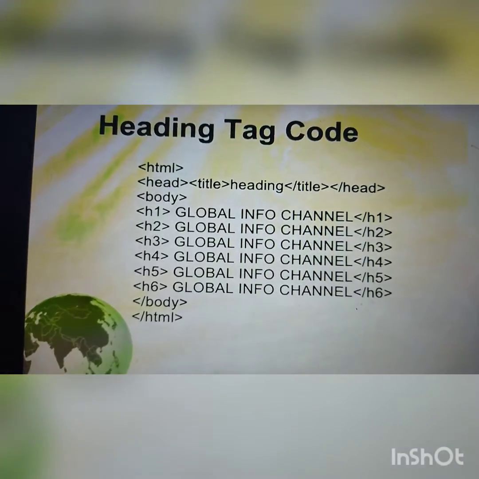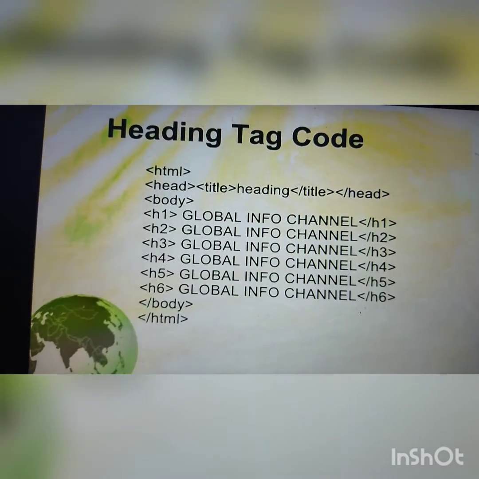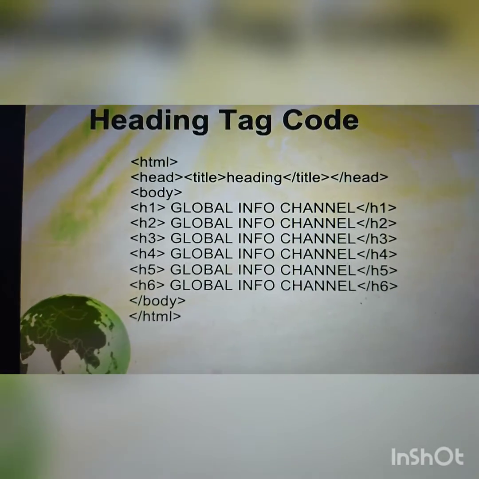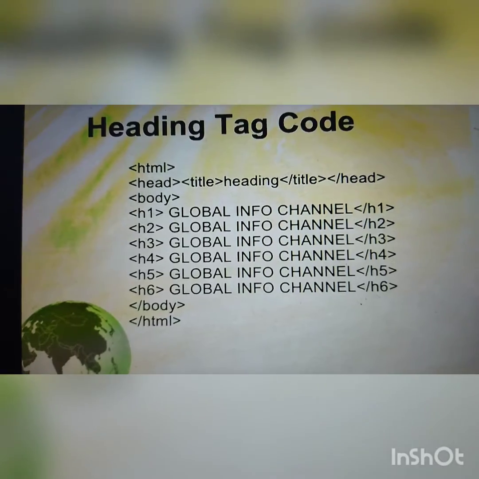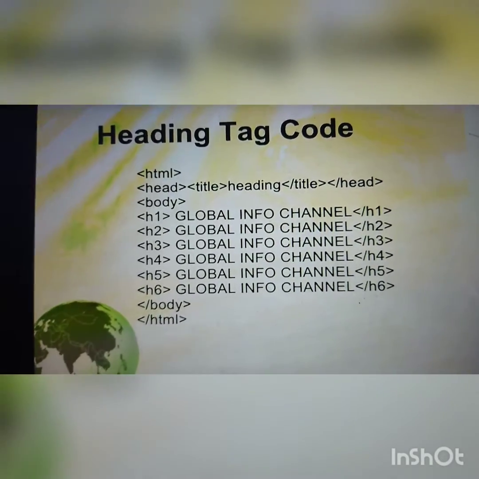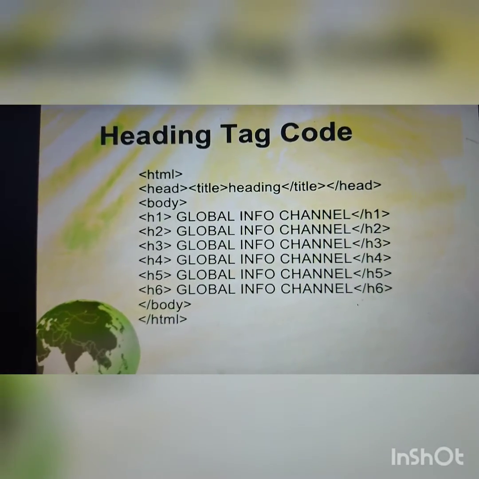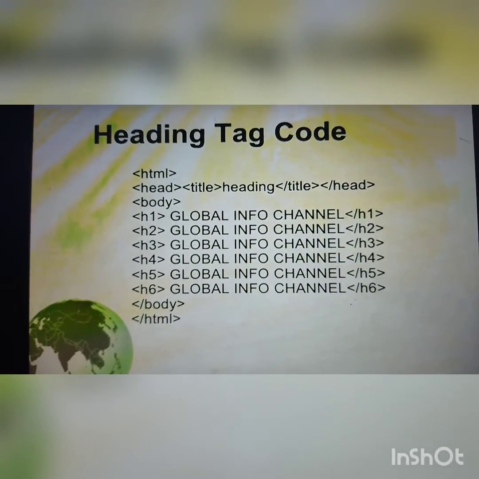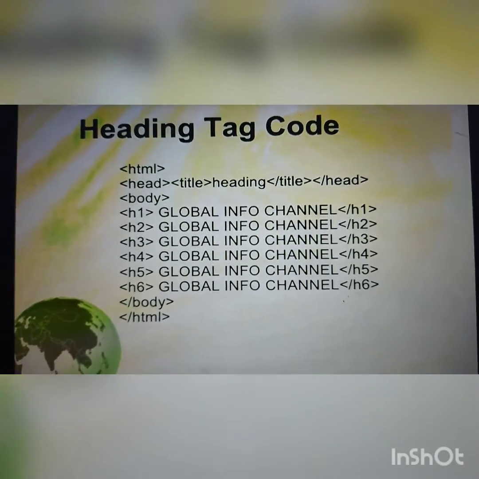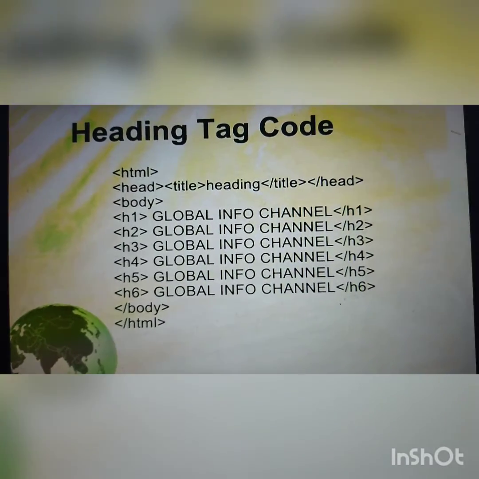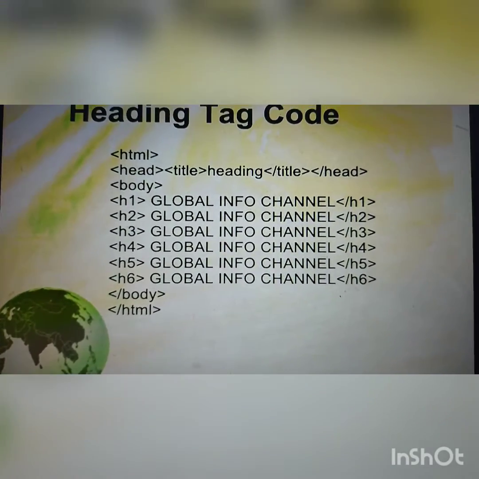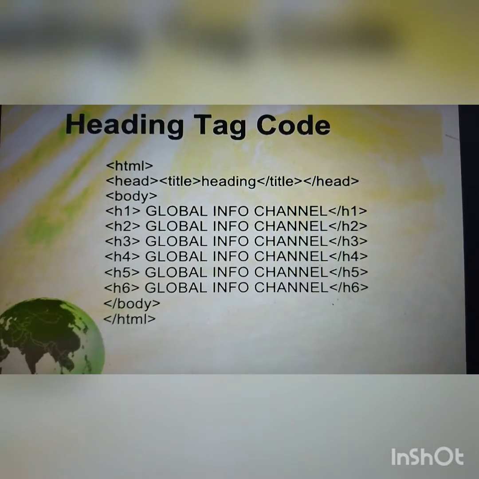Students, next you can see a heading tag code. You write the HTML tag, then the head tag. In the head tag you write a title. After that you close the title tag, then close the head tag. Then start the body tag and write an H1 tag, H1 in a global info channel.